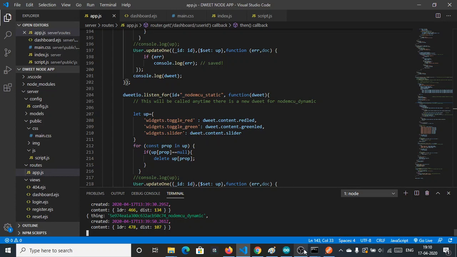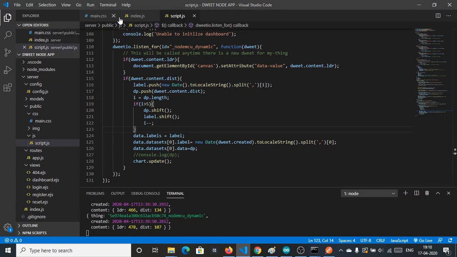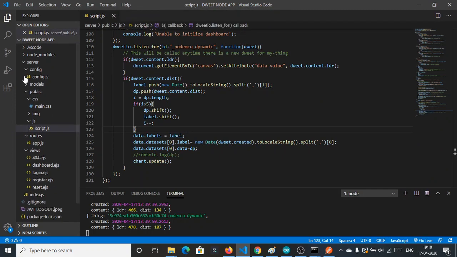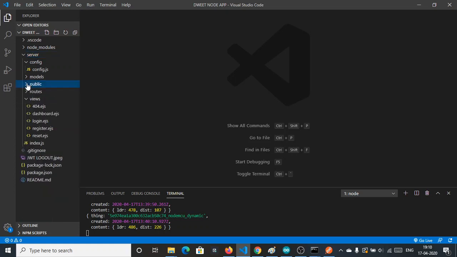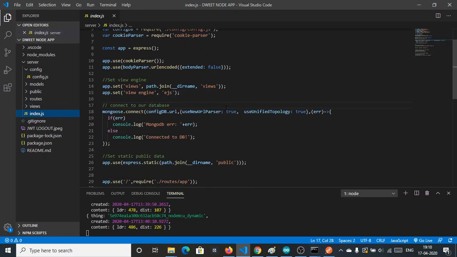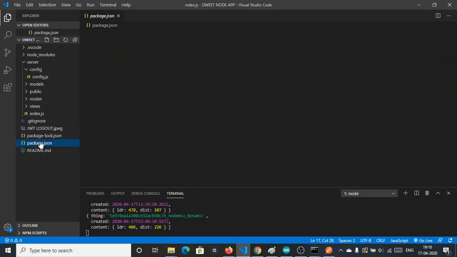And before that let me check the session. Okay, so the entry point of the server you can see here in package.json.